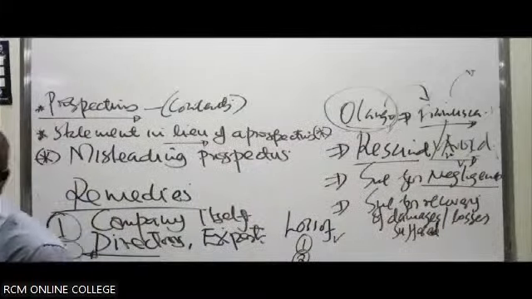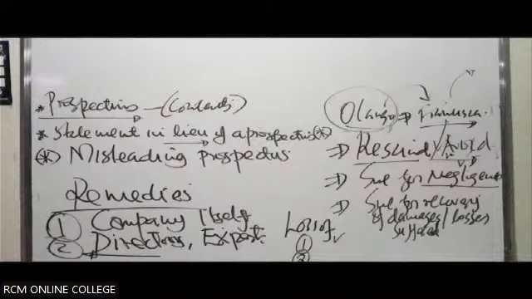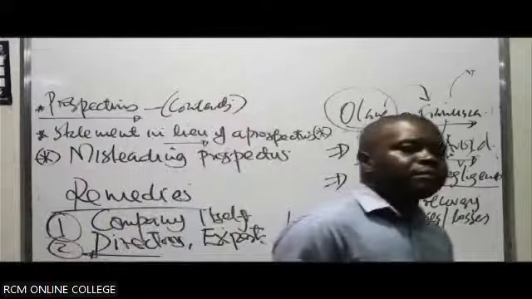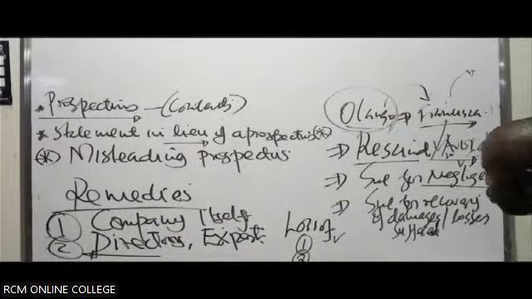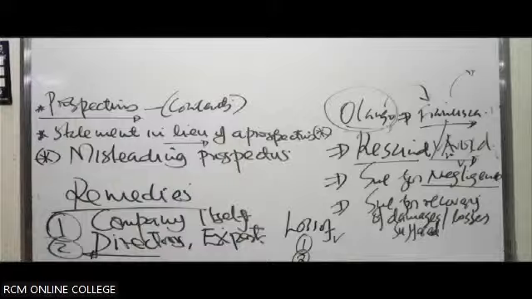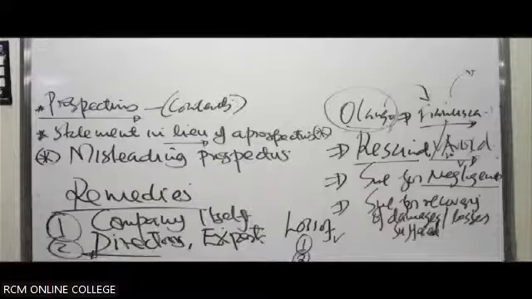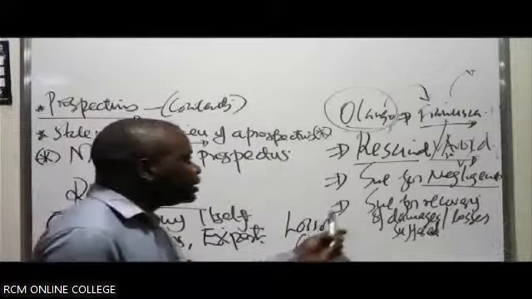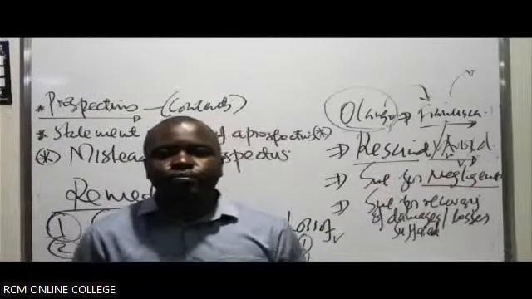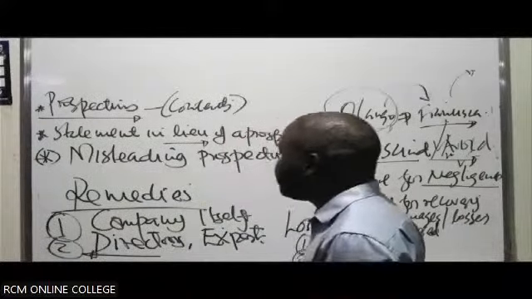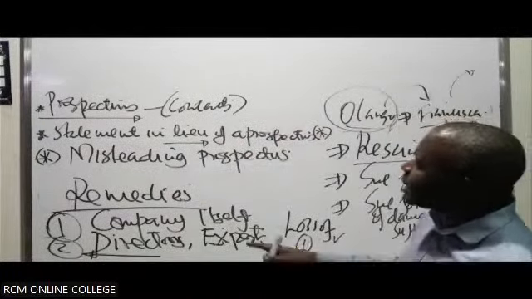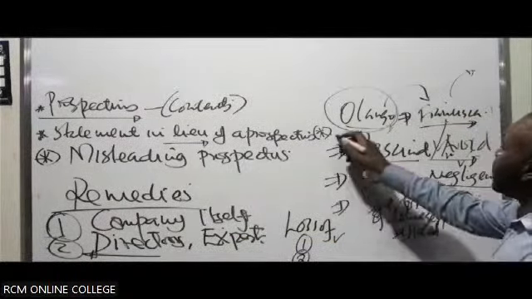Then number 4, if you are a person of experience, in terms of your capacity and capability, and your experience shows that there's no way you could have been duped by the prospectus. Had you made further inquiries, you could have known that the prospectus was misleading. Then you also lose what? The right to resign or avoid the contract of allotment. So that's part of the reasons why you could lose the right to resign or avoid the contract of allotment of shares against what? The company. Remember, Francisco, we are looking at remedies against the company. Number 1, being able to resign or avoid the contract.